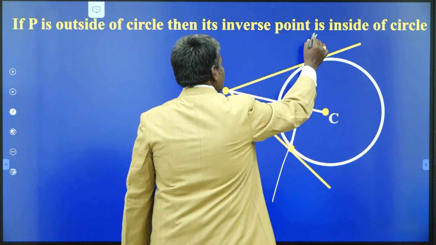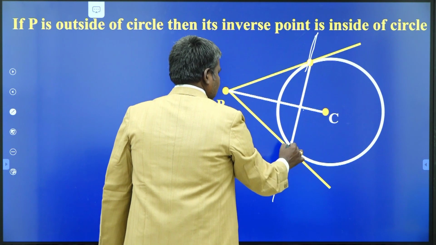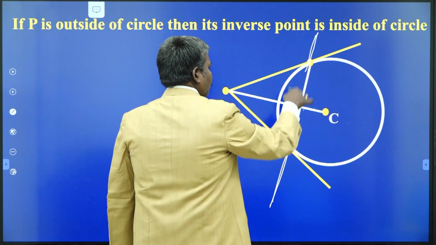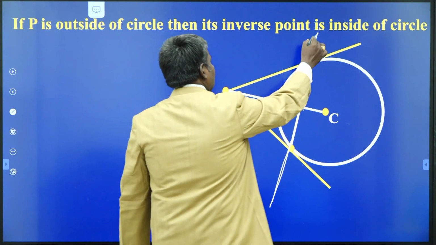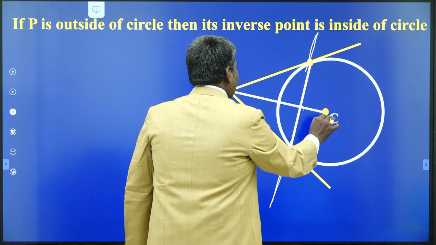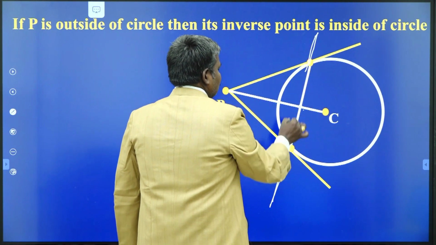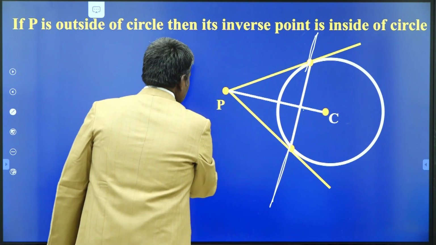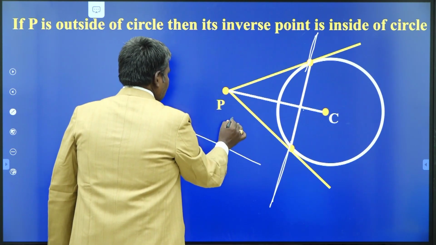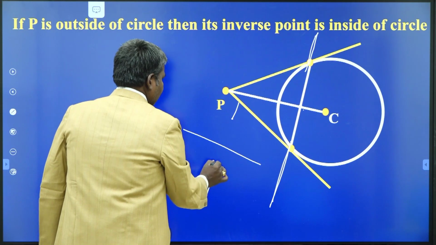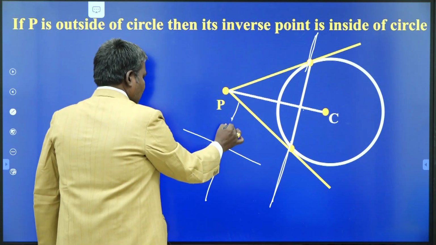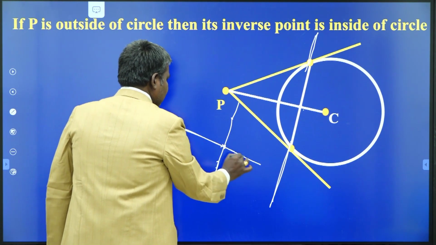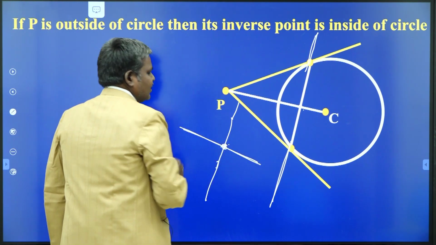Actually, the point is outside, so your polar is just like that. Am I correct or not? There is no locus inside of that. But I am saying the line joining CP and the polar of P. In this case, actually they do not intersect here. See, this is the line joining CP. This is the condition here itself. We get the figure in this manner. But we are saying the point of intersection. We are finding this point of intersection.